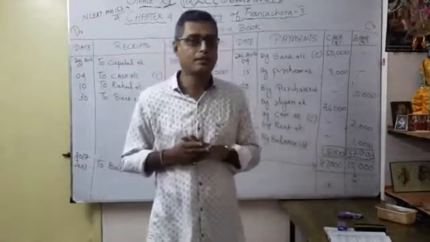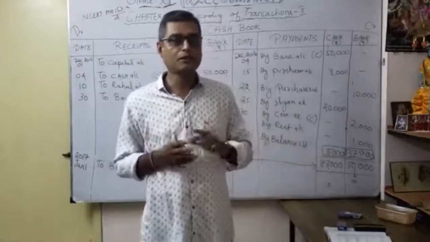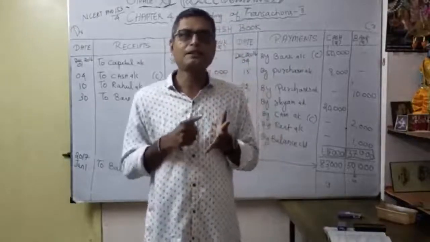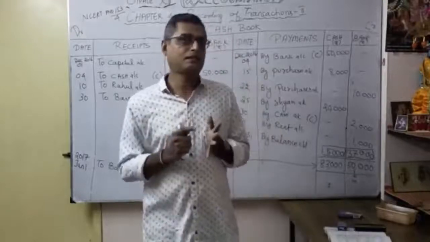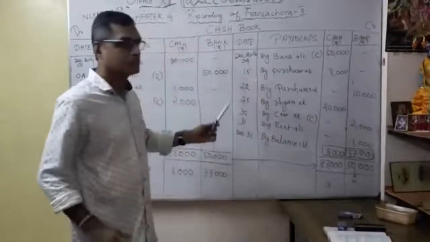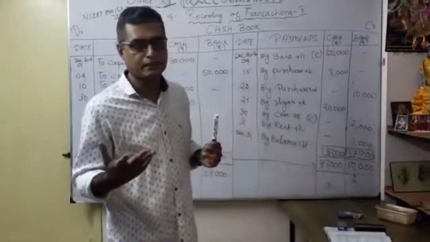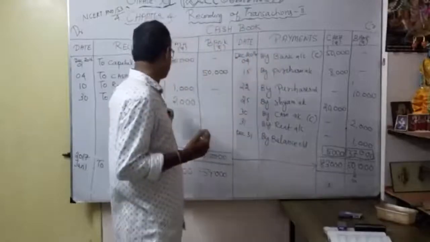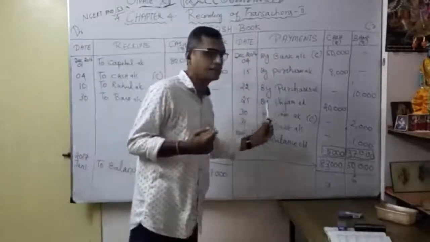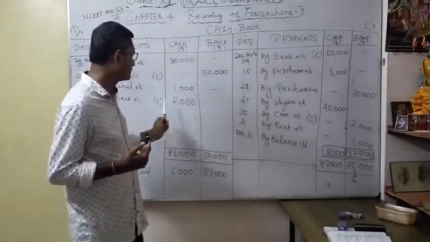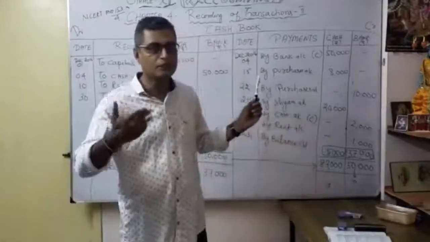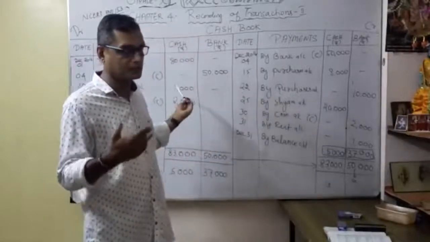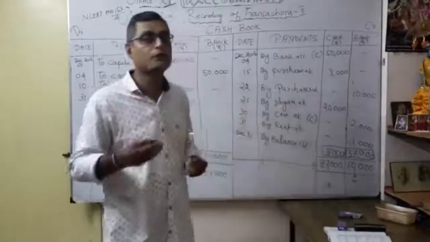So the double column cash book is very, very important. You have to write according to the transaction. You want to identify whether it comes under a cash transaction or a bank transaction. Accordingly, you have to write in the column. Suppose you misplace it, definitely you will get the wrong answer or wrong balancing. Similarly, you should be very careful with contra entries. Whenever cash is deposited here, whenever cash is drawn here, be very careful whether you have done it on both sides, as cash and bank, or deposited and cash withdrawn. That's what you have to keep in your mind.